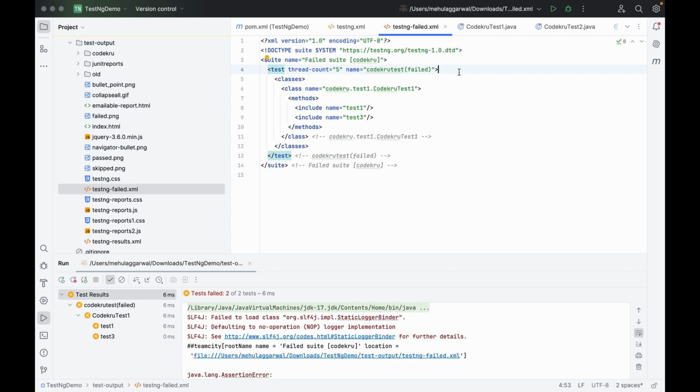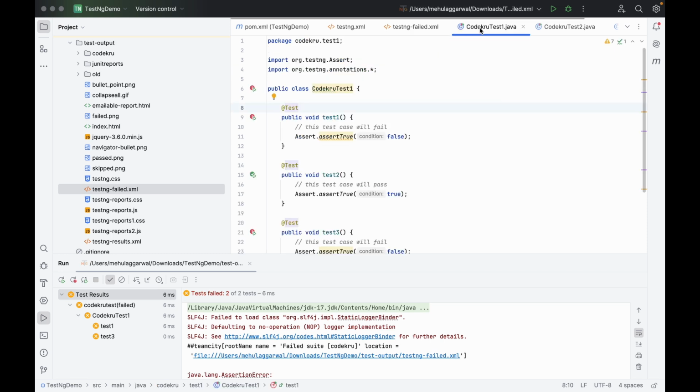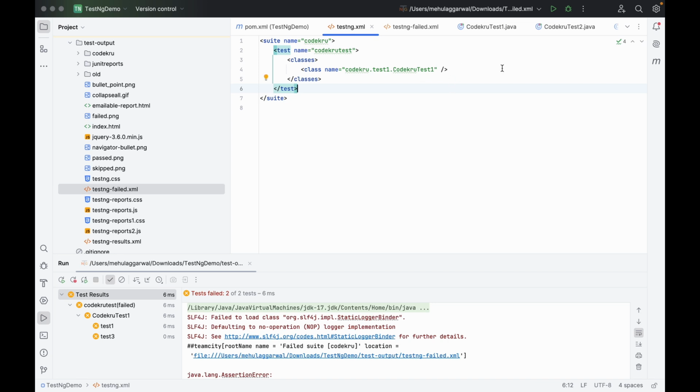Now let's discuss one more scenario related to testng failed XML file. For that, let's move to the Codekru test1 class. Here, the test annotation provides one attribute which is dependsOnMethods, using which we can say whether test1 is dependent upon any other method or not. Okay, so let's say test1 depends upon test2. Now test2 is marked as passed whereas test1 is failing. So if I rerun the test1 class,